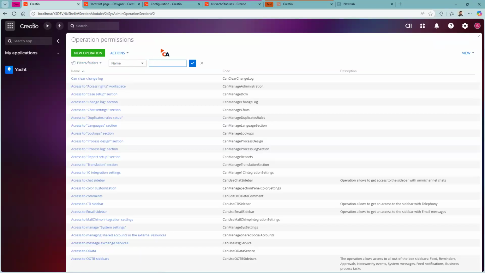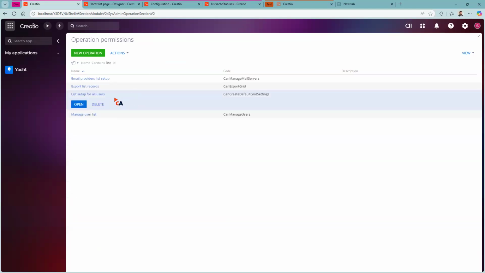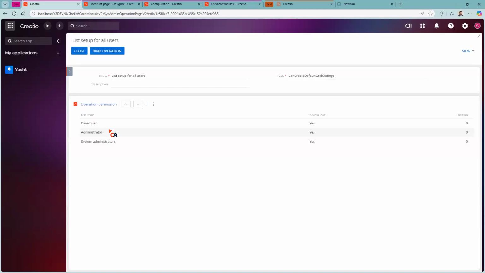An operation to list setup for all users. So what it allows, for example, if you have some team leads, you definitely don't want them to access Freedom UI Designer, but you also might want them not to bother you with tasks like change my default list settings. So then you would go to this operation and you will include those team leaders into people to whom this